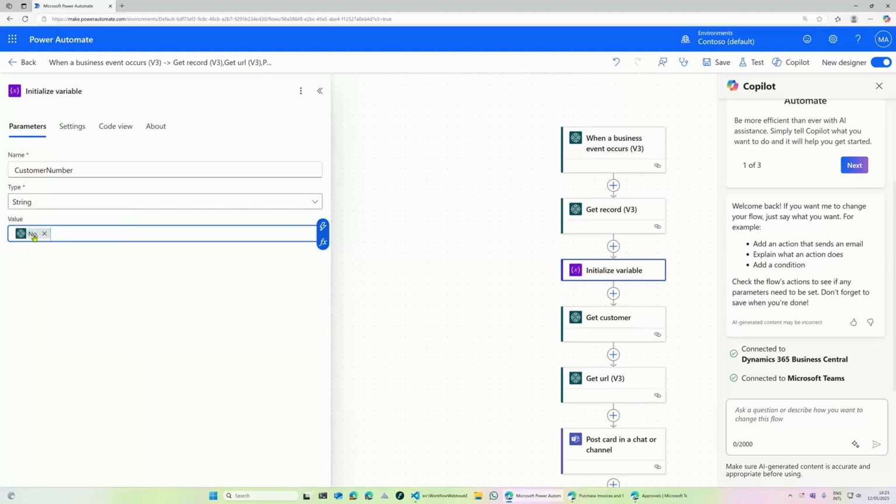What you also can do, instead of using real dynamic values, you can also learn how this format looks like, because this is actually the expression that gives you that specific value from the previous step.